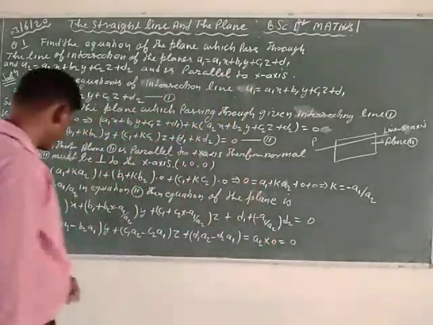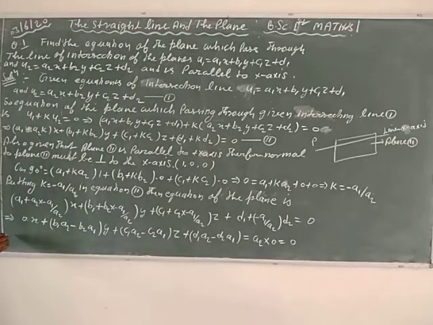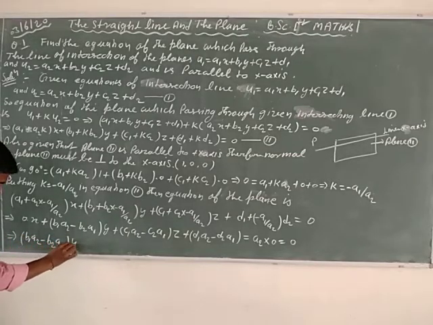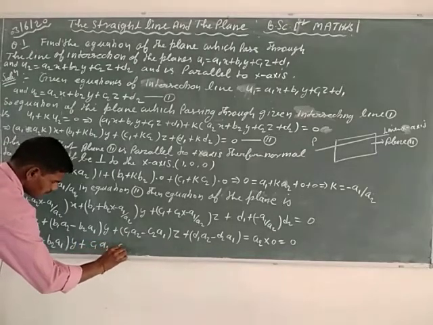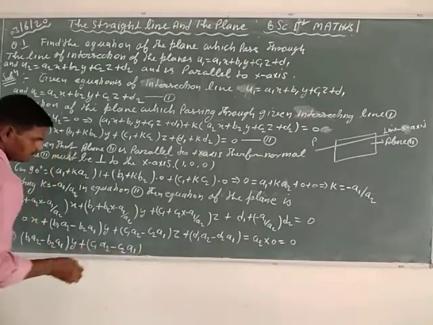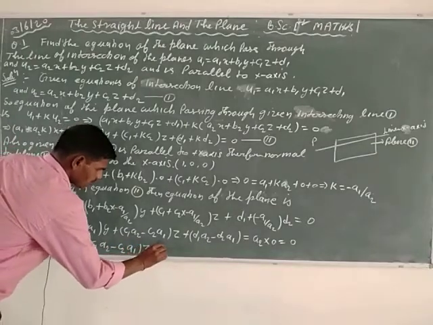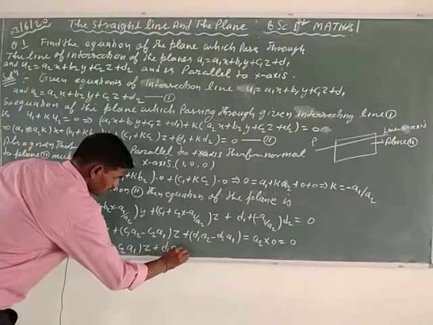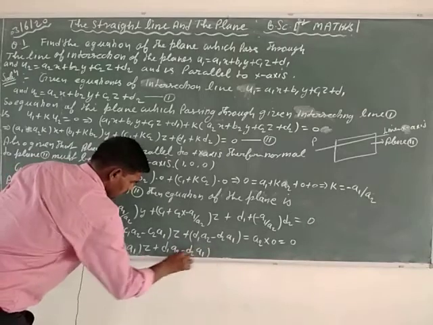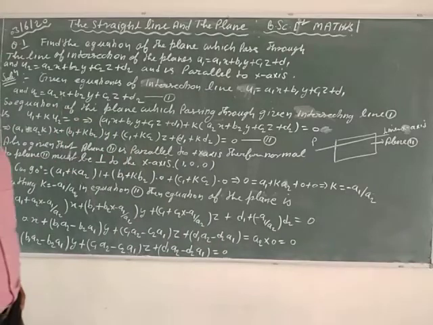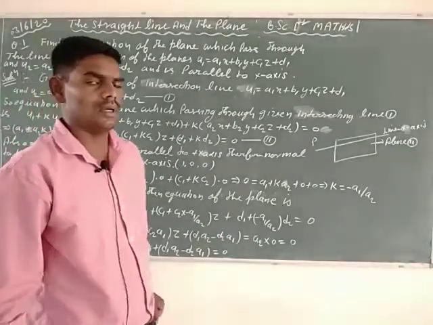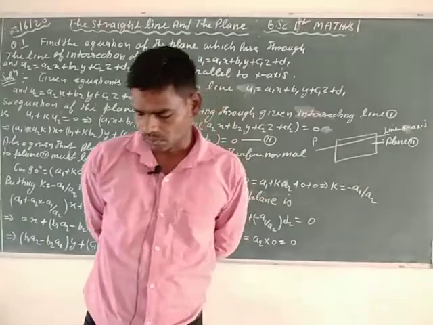So in simple form, the required equation of the plane is b1 a2 minus b2 a1 times y plus c1 a2 minus c2 a1 times z plus d1 a2 minus d2 a1 is equal to 0. This is the complete solution of the question, the equation of the required plane which passes through the given intersecting line